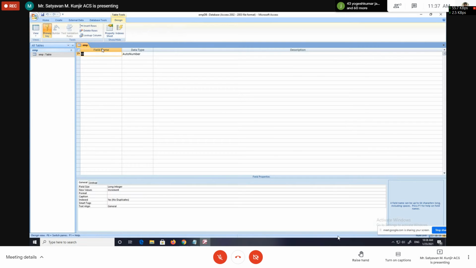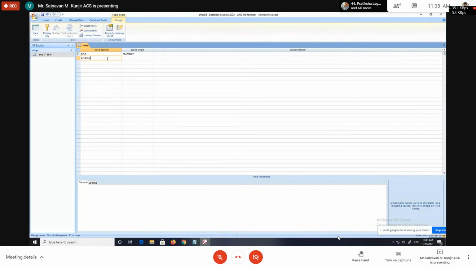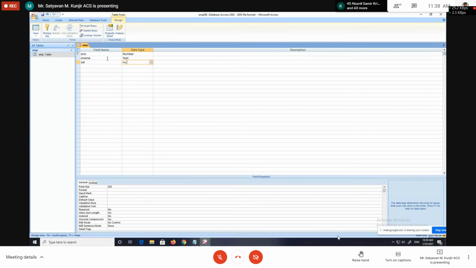Then field name and data type. Suppose eno, its data type is number, then ename, its data type is text, and then salary, its data type is again number. I have created the EMP table and there are three columns: eno, ename, and salary.